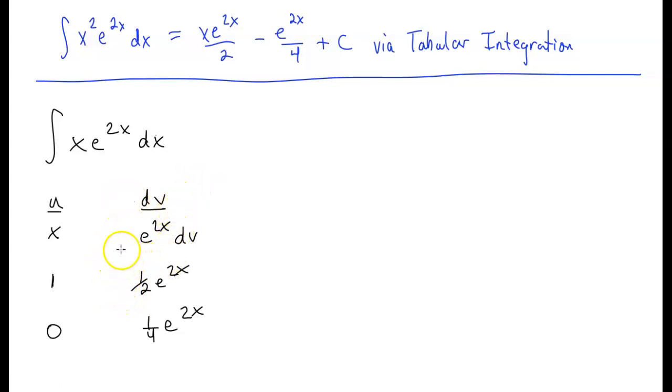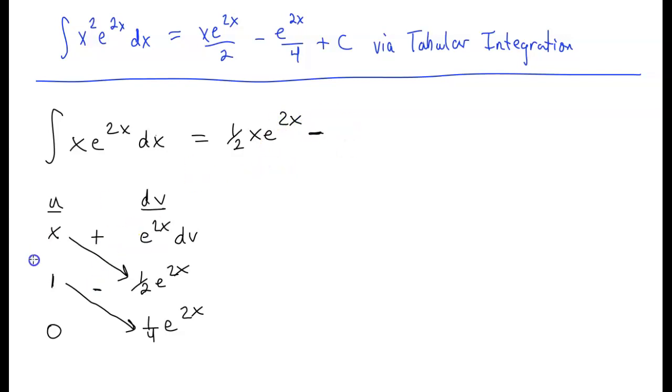Now that we have that, how we actually perform the tabular integration in this case, since the derivative of u terminated as we did successive ones, we go diagonally across like this. And what we do here is we're going to put a plus, we're going to put a minus, okay? And so what we're going to figure out here is that the answer to this question is going to be this times this, which is going to be 1/2 x e raised to the 2x